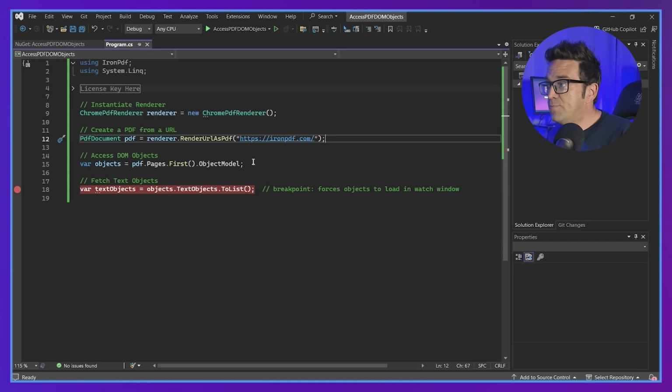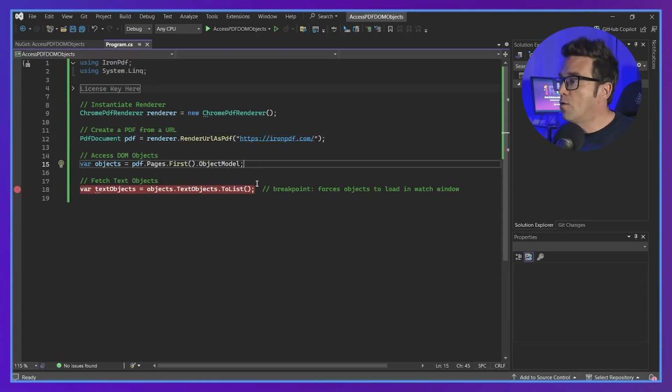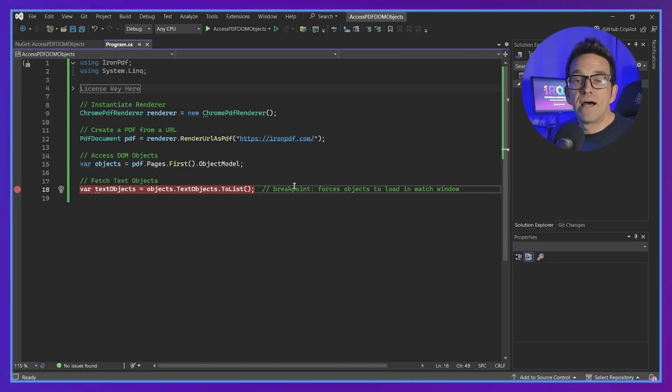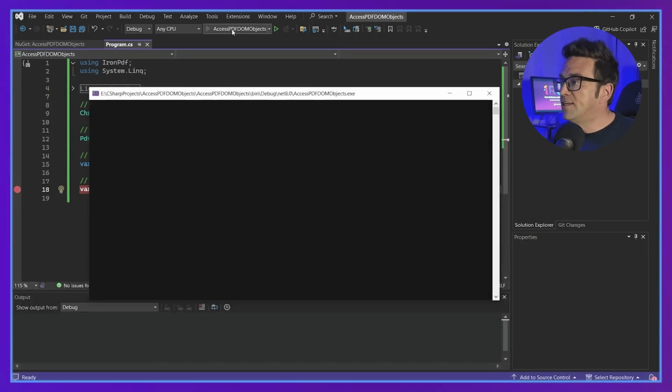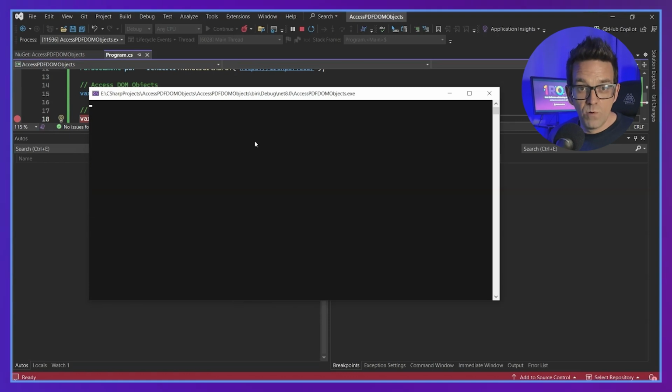Now we can access each page's object model. This exposes all DOM elements like text, images, and shapes on the page. From the first page, we can pull out a complete object model and work with it as needed in our code. Now we can fetch the text object and convert it to a list for further processing. If we put a breakpoint on this line, Visual Studio will let us inspect all the details in the watch window. All right, so let's run the program, and you'll see firsthand how easy it is to explore a PDF's